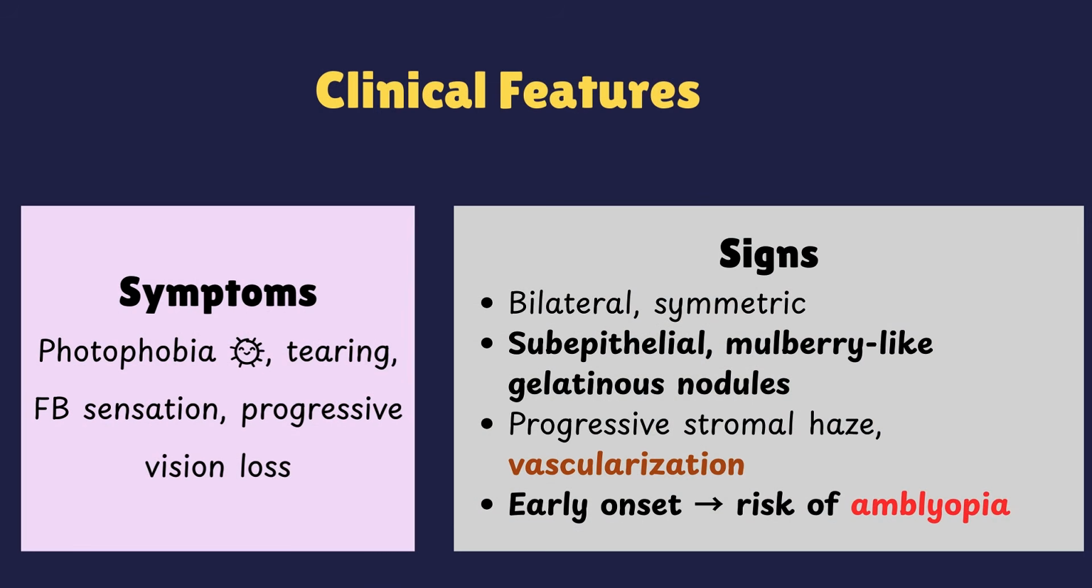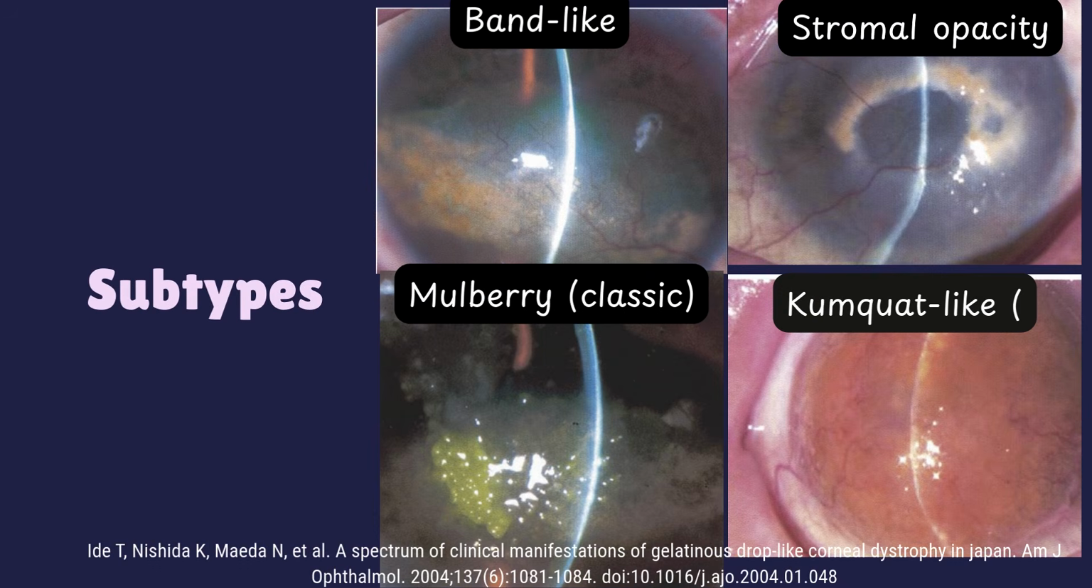Another important high-yield point that we need to remember is that vascularization is a very important distinguishing feature here, and advanced disease can also cause amblyopia in GDLD. There are four subtypes of GDLD which have been described mainly in the Japanese literature. These are the band-like type, the mulberry type, also known as the classic type, stromal opacity type, and the